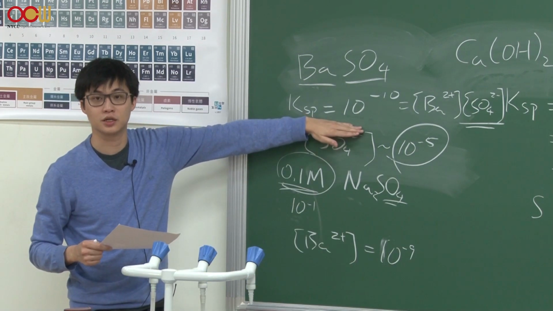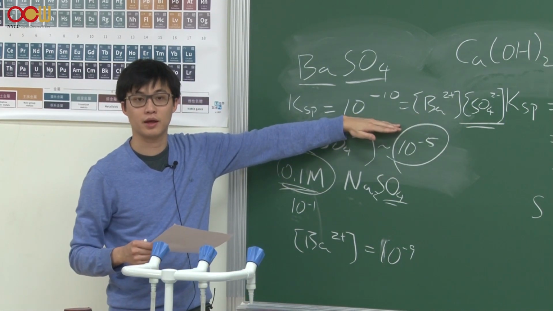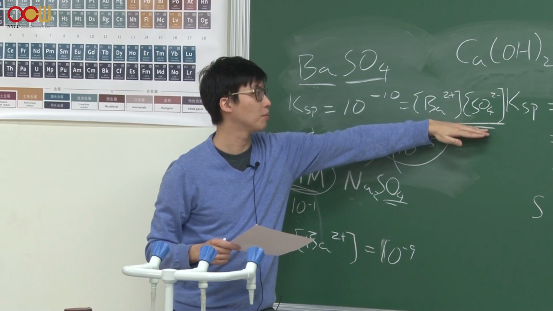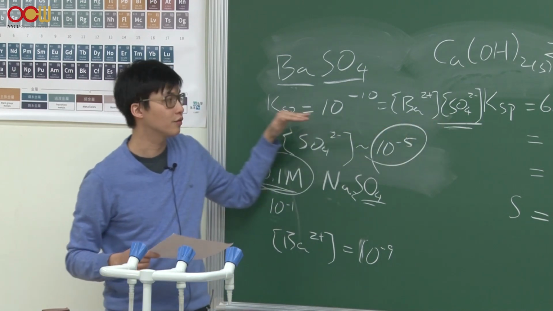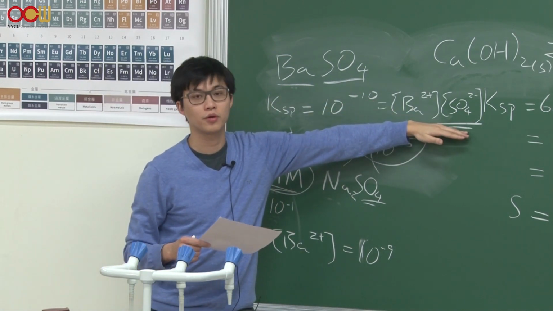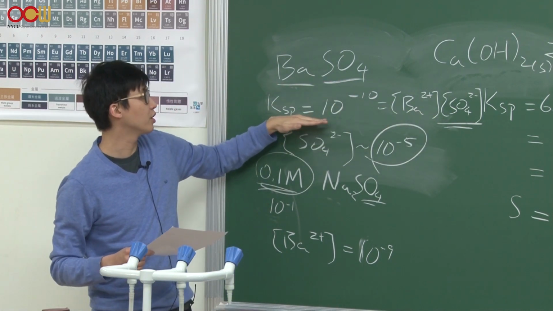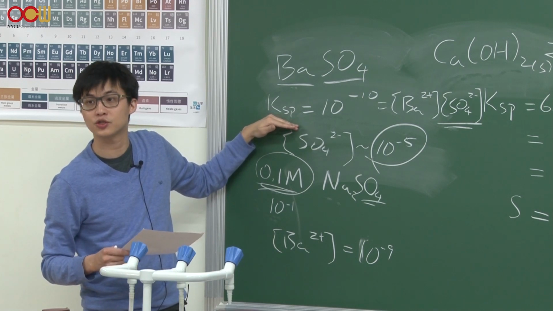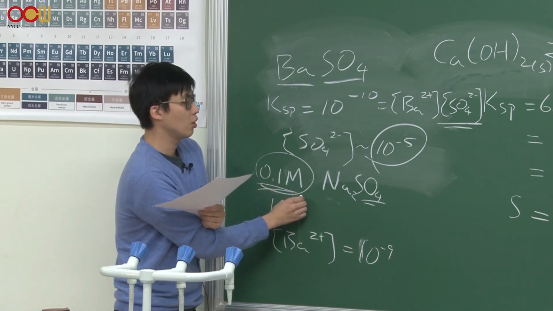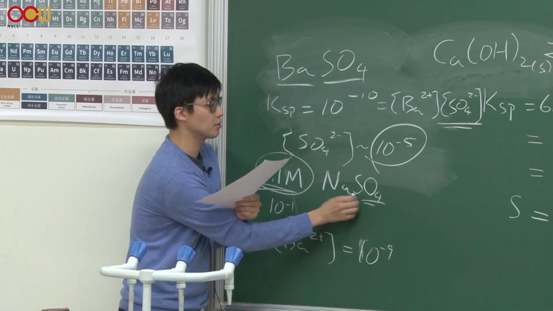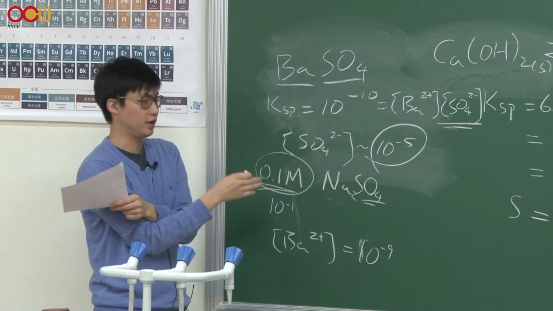is the absolute constant. Okay, these are changeable. Okay, chemical systems are dynamic. Once you change one part of it, or you perturb the system, I mean you change the concentration of your starting material or your product, you're going to shift the equilibrium position, okay, but your equilibrium constant remains constant unless you change the temperature. All right, so what does this mean? In the 0.1 molar sodium sulfate solution, barium sulfate is less soluble than